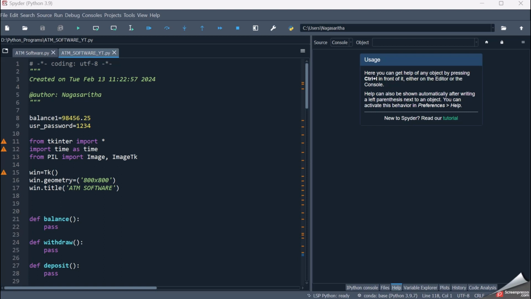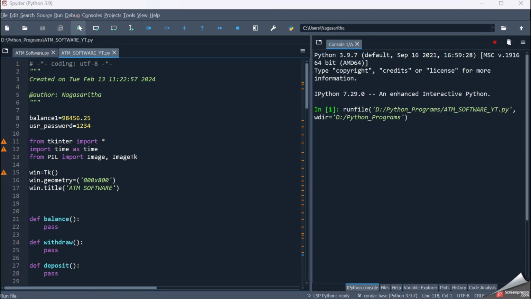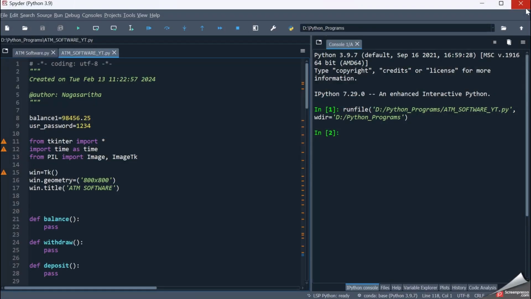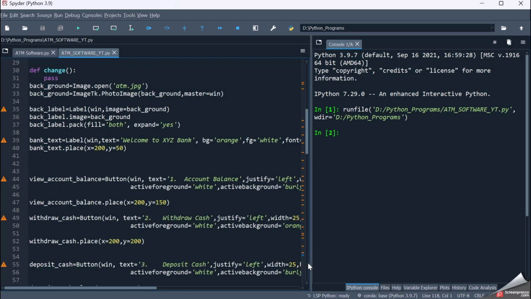In the earlier session, we had seen about the ATM software, and today is the third session which includes the ATM software program. In the first session, we saw how we can create the buttons. Let me execute it. We created the background image, the label and the various buttons we require for the ATM software. And in the second session, we created labels, entry widgets and the buttons which we require